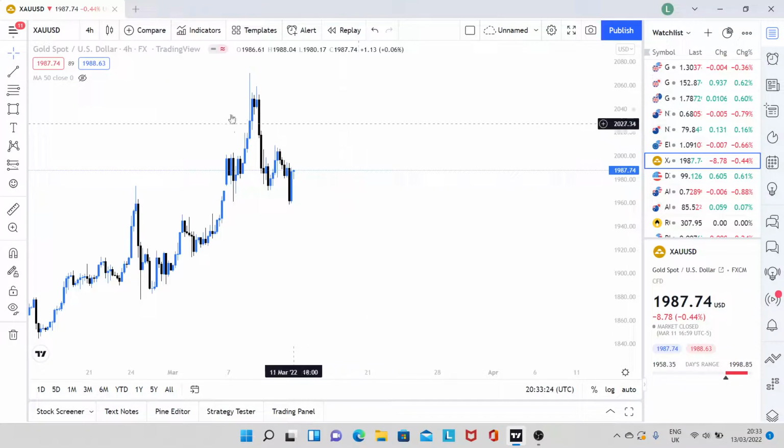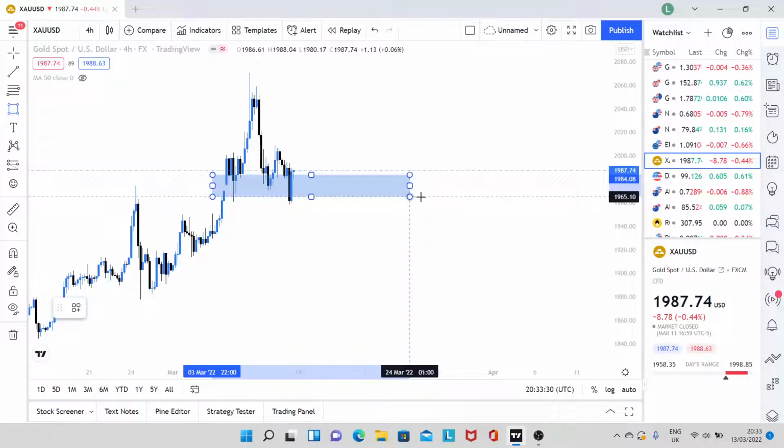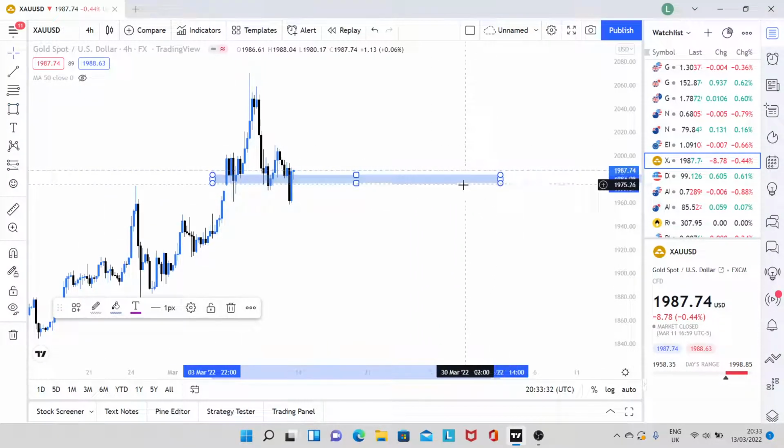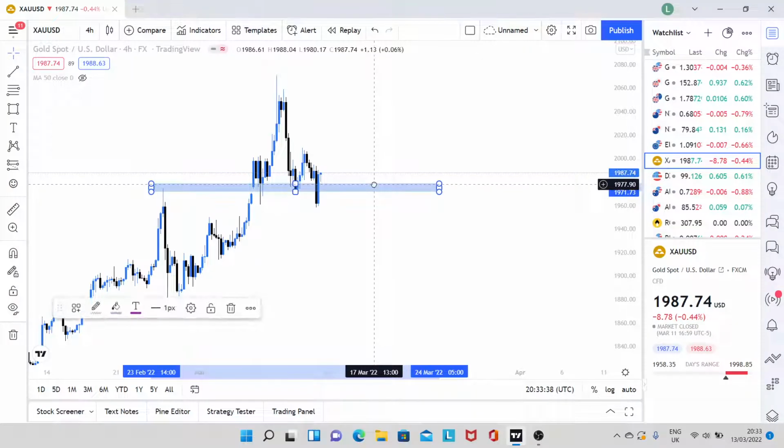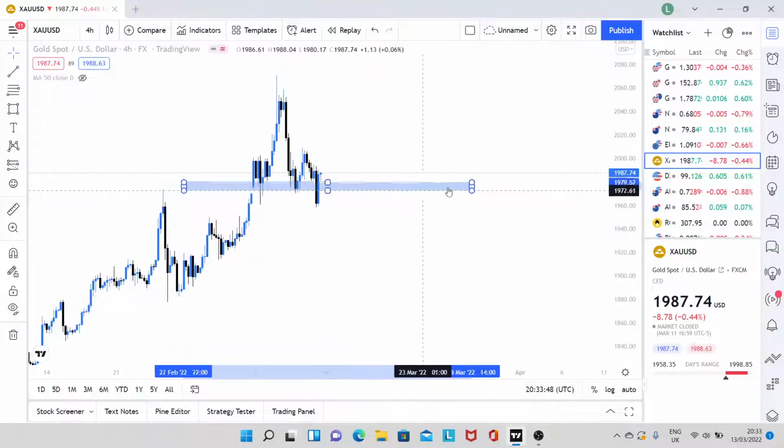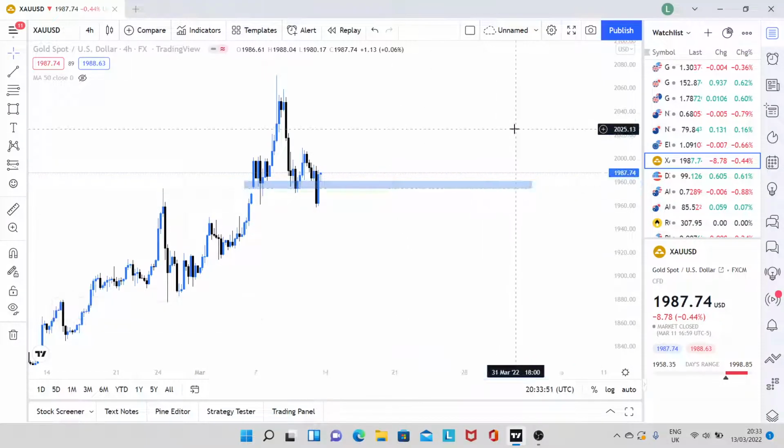Right, gold. On the signals group, we actually did take a position here. We took a buy. It did look really nice. You could even say that we had a touch back here. So we got a touch up here, a touch here, a touch here. Unfortunately, when we got our entry again, we did get manipulated out of our trade.